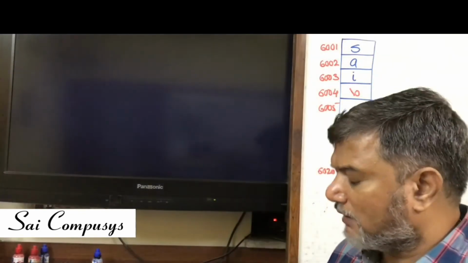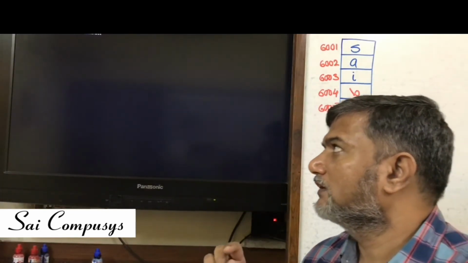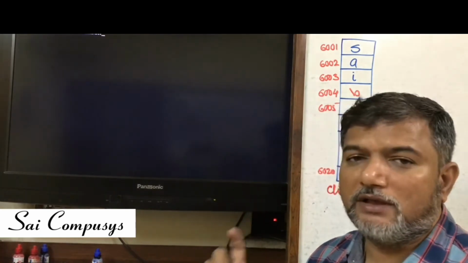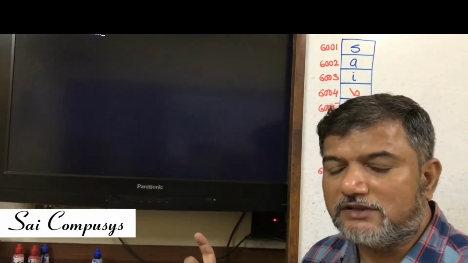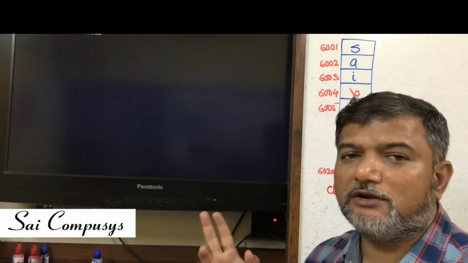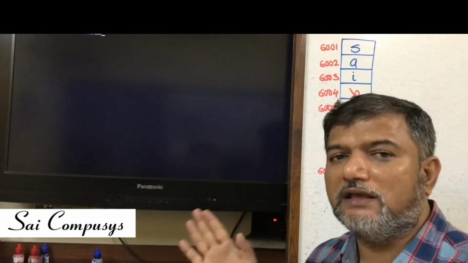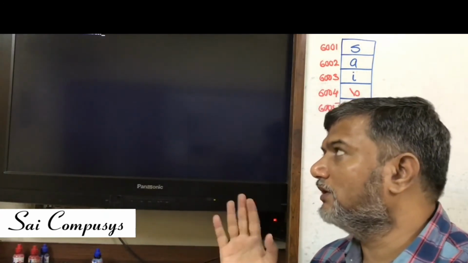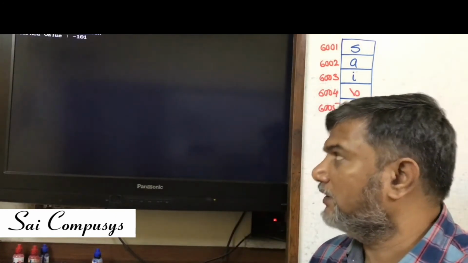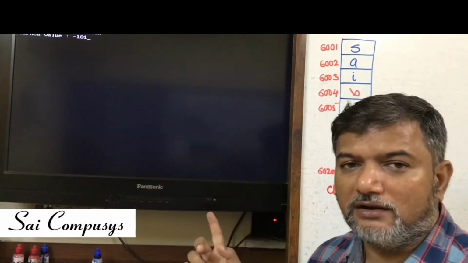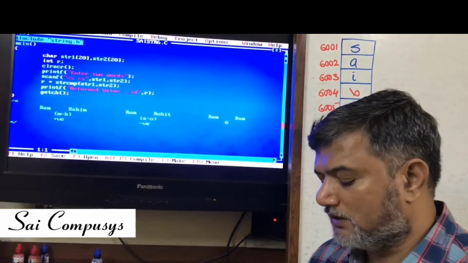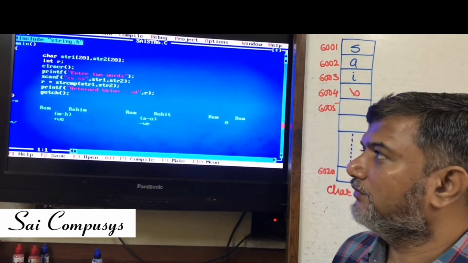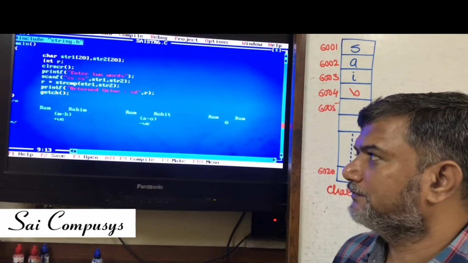There is one more example that I wish to tell you. See, what happened is R is same, A is same, M is same, but the first string is terminated, whereas the second string has still got E, S, H. So now the difference between 0 minus E will be returned, and it will return a negative value. So, this function strcmp is available where I can compare two strings.